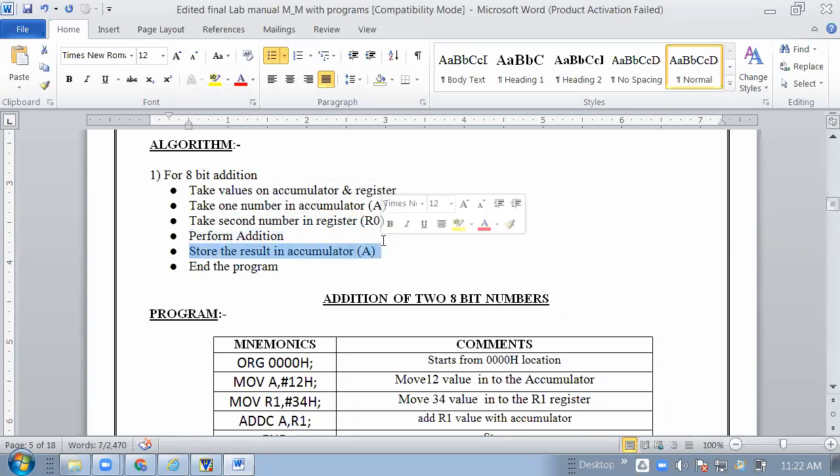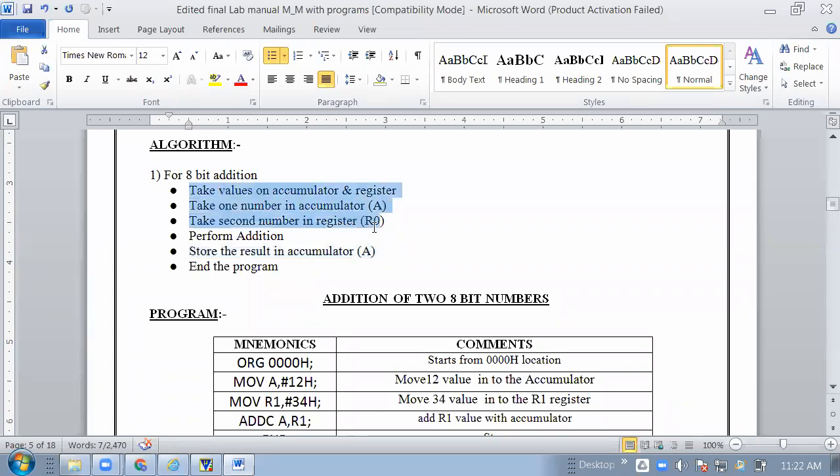But if you are working with multiplication or division, which register do we have to use after the accumulator? You have to use register B for multiplication and division. We will discuss the multiplication program after this. So this is the end of the program.